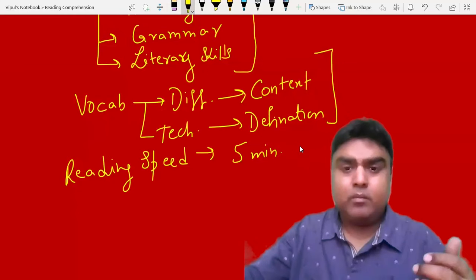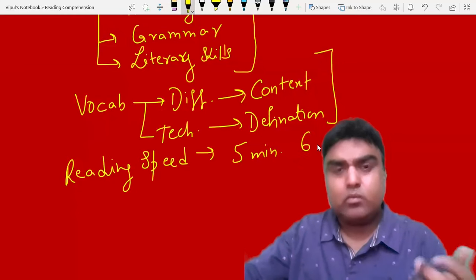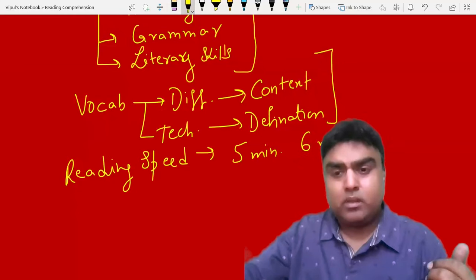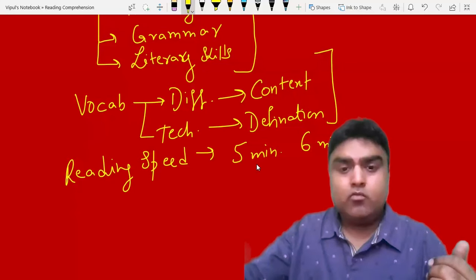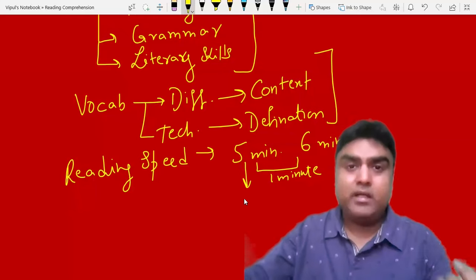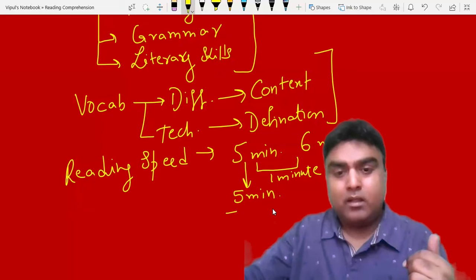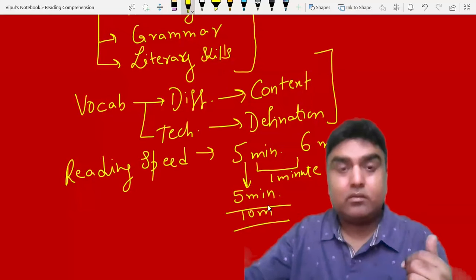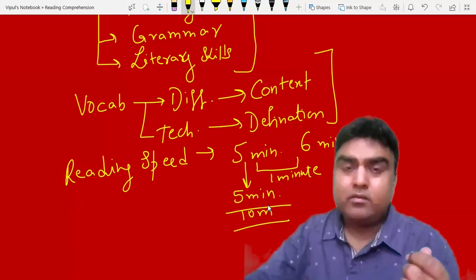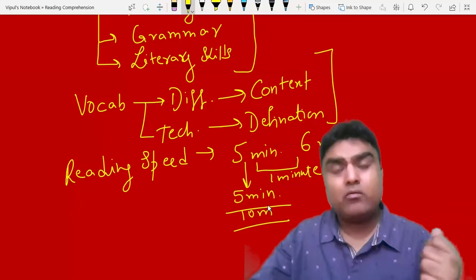Okay. And some people, slow people, are reading the same passage in 6 minutes. This 1 minute is not a very big problem. The problem would be when that 5 minute guy is rereading the whole passage once over again and using 5 more minutes, and now it's going to be 10 minutes. So the point is, rather than the reading speed, the most important thing is you have to understand the whole